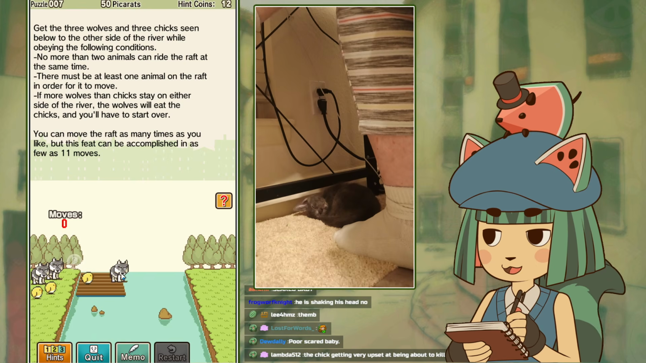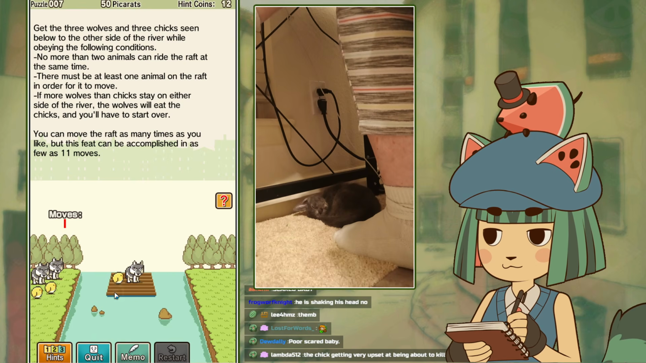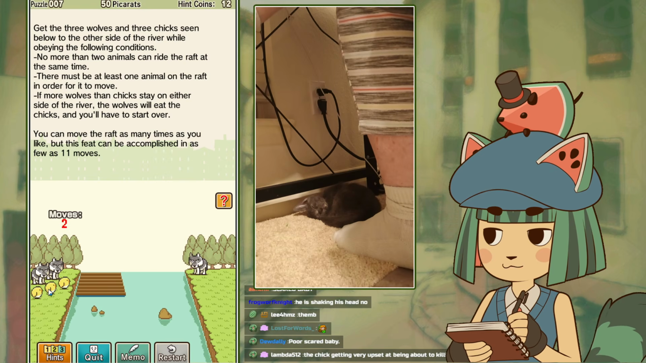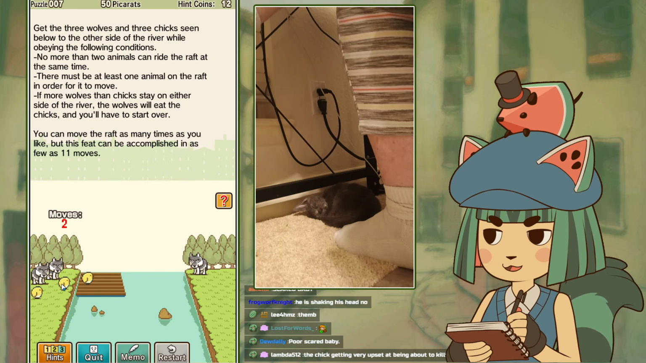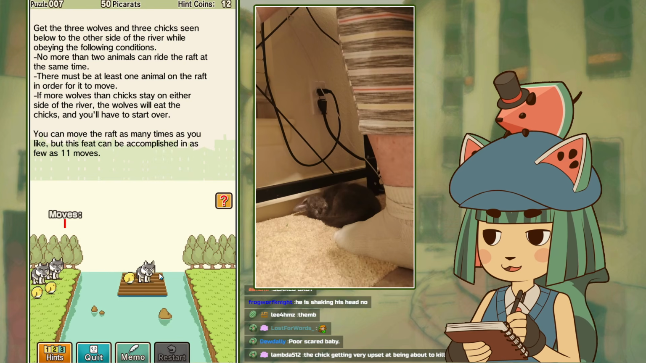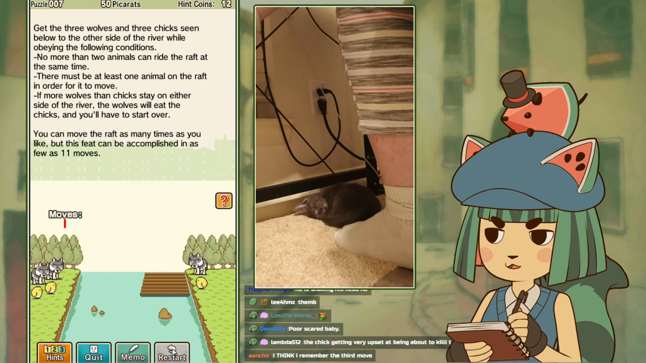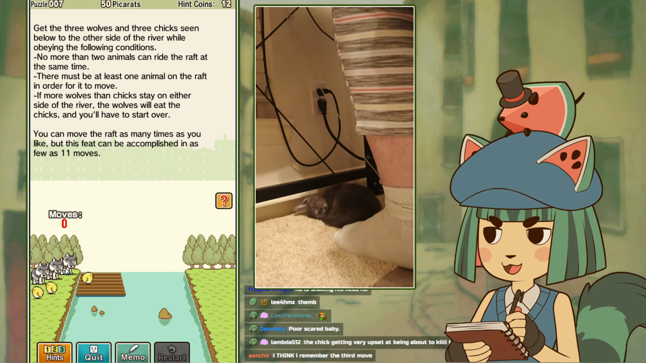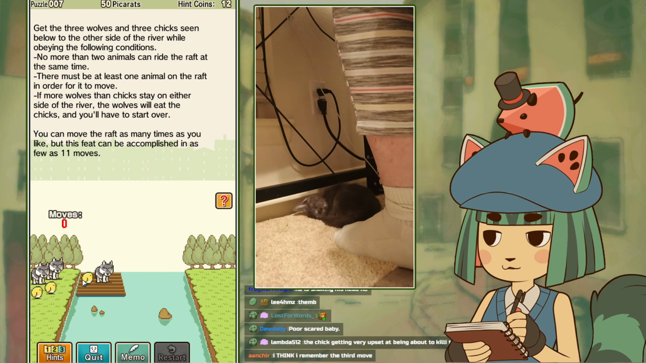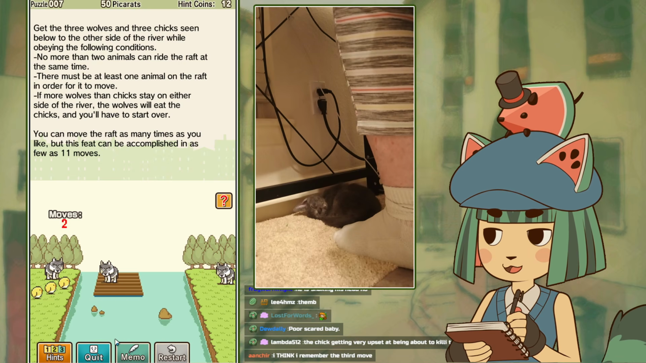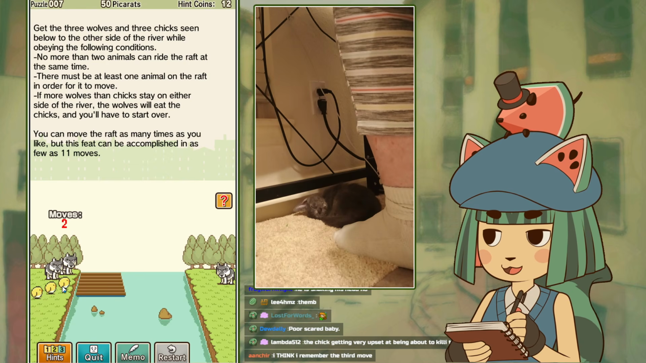Wait. Okay, we start with the chick and the wolf. We put them over here, right? And then we bring a chick back. The chick is picking up his buddy. No, never mind. Wait, no, I meant to leave the chick on the other side. The wolf can't come back. Oh, wait. Okay. So you got a chicken. You got 2 wolves. One wolf comes back, and then